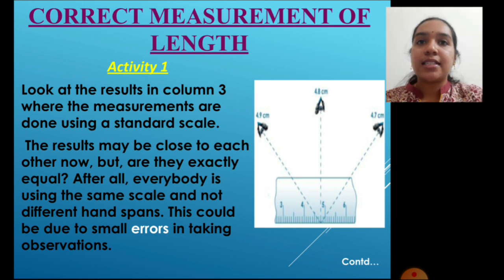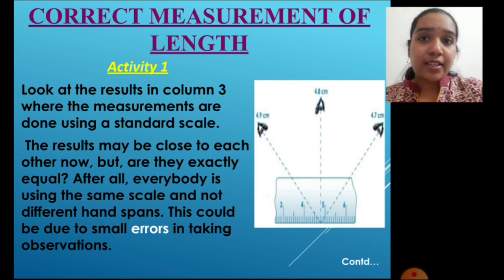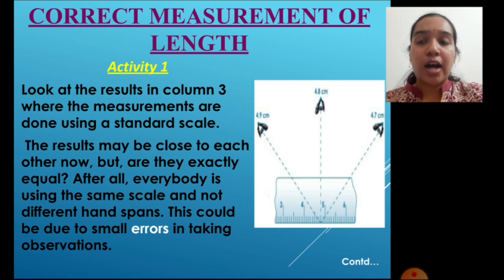As we learned in the third rule, the eye position should be exactly in front of the measurement marking for correct results, or if the eye position is not exactly in front of the measurement marking, there are chances for errors to occur. Try to do the activity we learned at home,